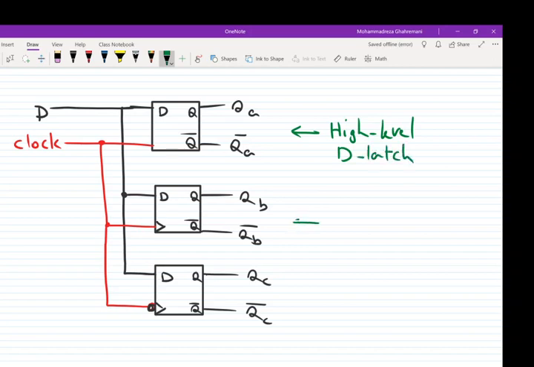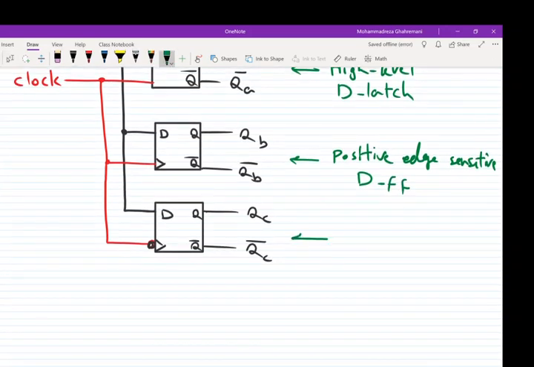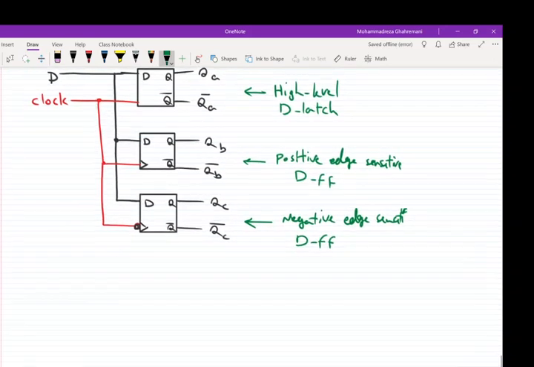This one is positive edge sensitive D flip-flop, and of course this one is negative edge sensitive D flip-flop. Okay, so we have these three D flops, and we apply an input, and we want to see